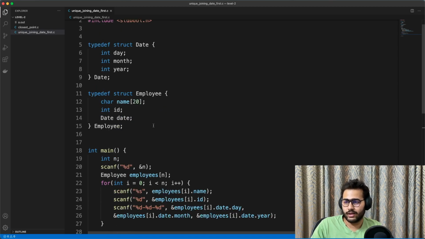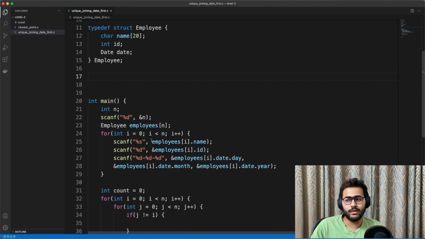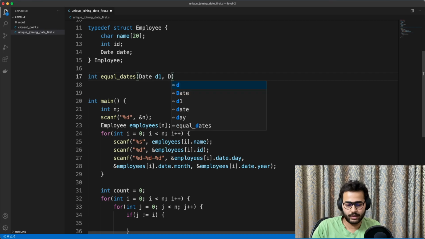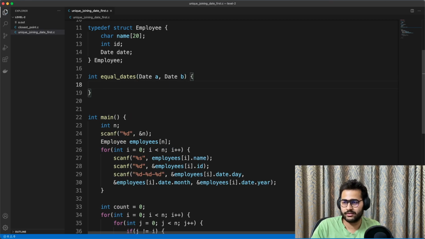check. So let's make a function to check if employees of i... see, we cannot directly compare two date objects, right? Because the C compiler will not know on what basis to compare dates. So let's make a function to compare dates, or let's say equal dates, int equal dates. So we'll have date A and date B, for easier,